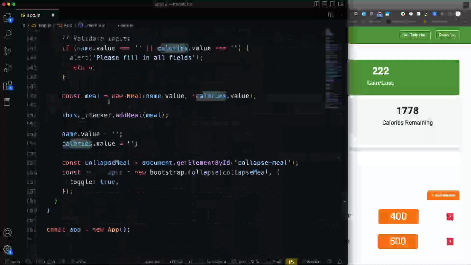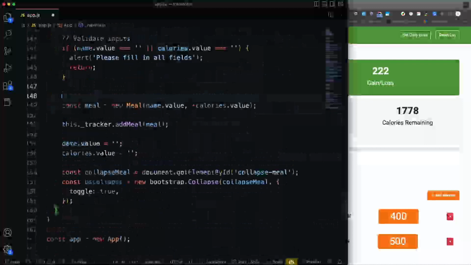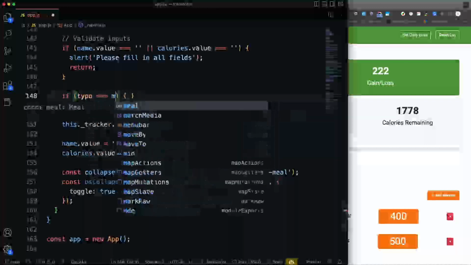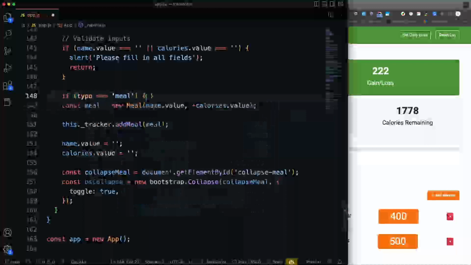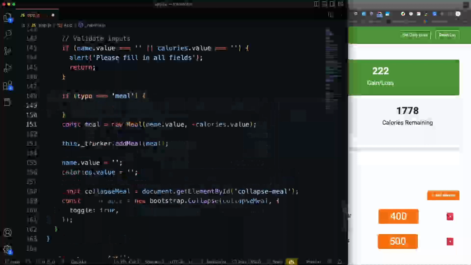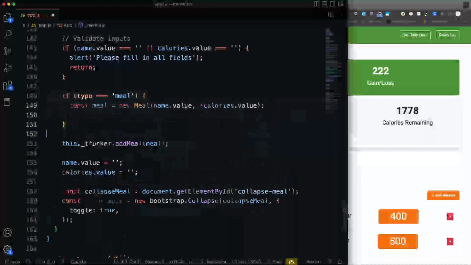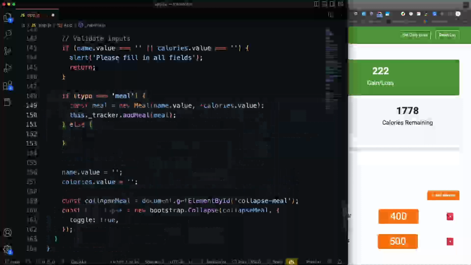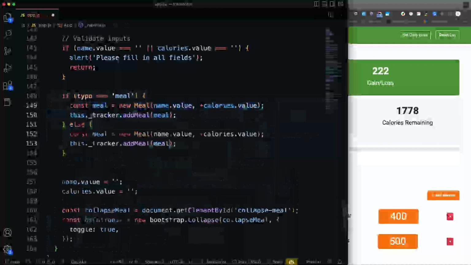Now here is where we need to either create a new meal or a new workout. So there's a few ways we could do it. We could do an if statement, and we could say if the type is equal to meal, oops, that needs to be a string. So if the type is equal to meal, then let's bring this in, and then let's bring this in. Else, then let's see, we'll just copy those, and then we just change,